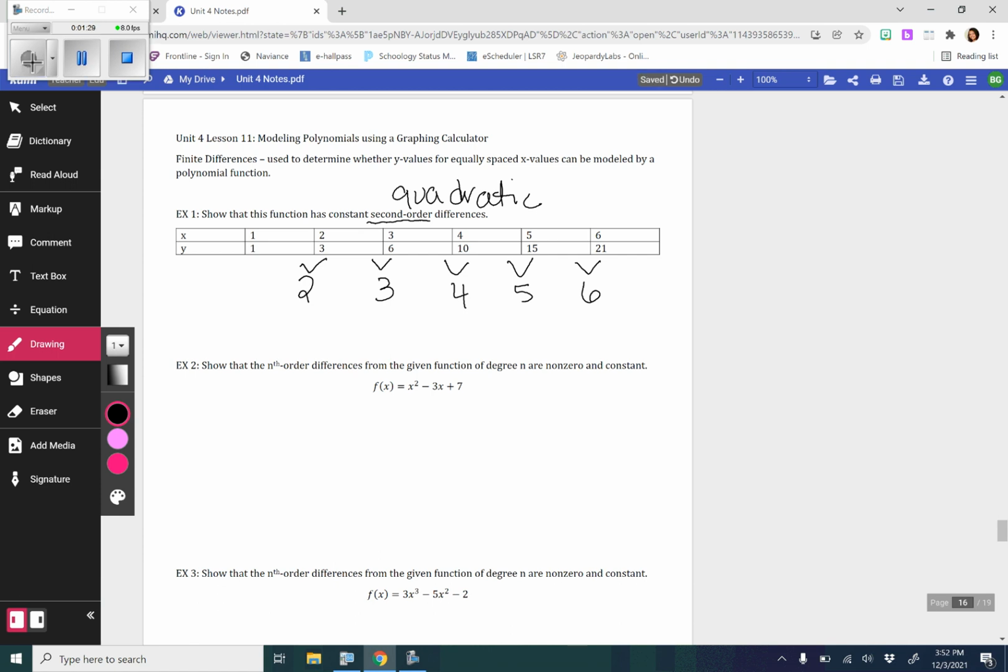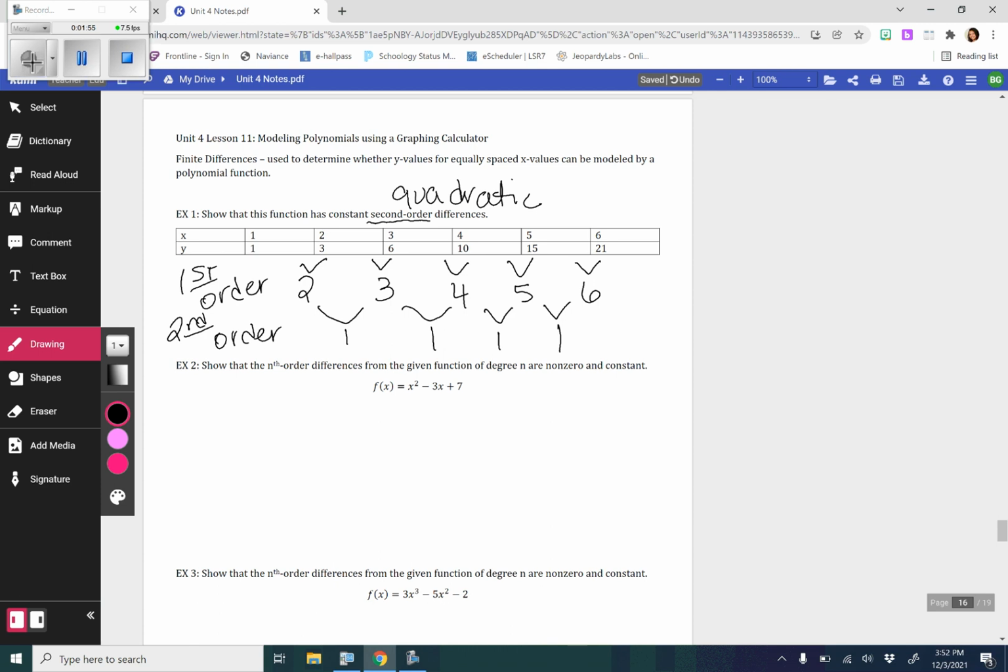Now, it did ask us for a second order. This is what we call a first order. So when you do the first time, okay? Now let's subtract these values. So 3 minus 2 is 1, 4 minus 3 is 1, 5 minus 4 is 1, and then 6 minus 5 is 1. So here we get all values that are constant. Here's our second order